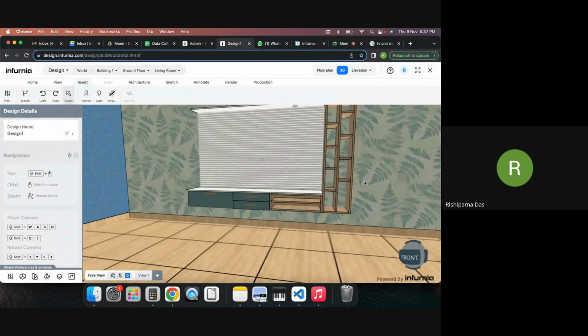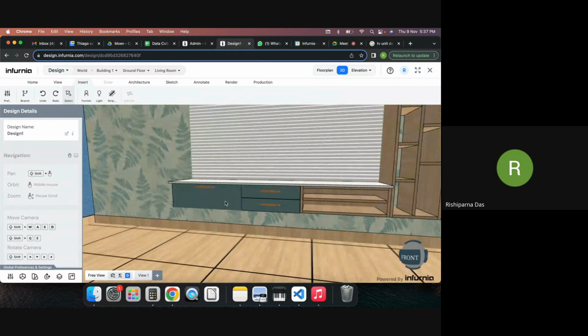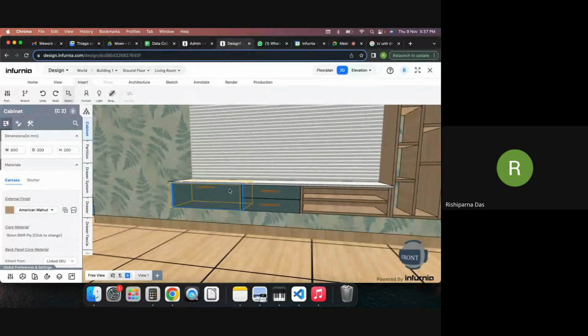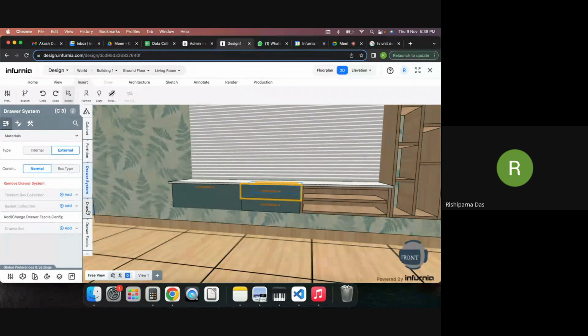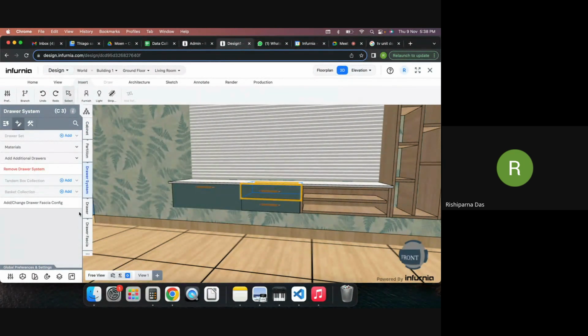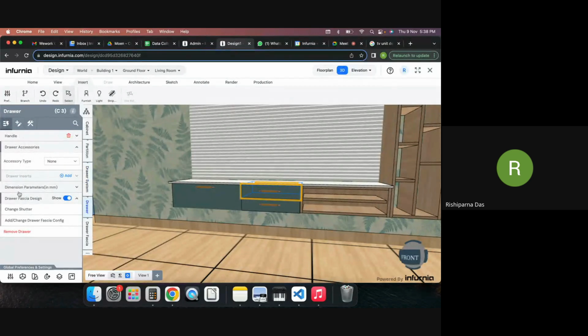Then again, one more concept might be that you might want to have a flap down here if you want. So in which case you can simply select the cabinet that you want, and you can go into the drawer system here. You can go into the drawer option here, and here in the drawer option,